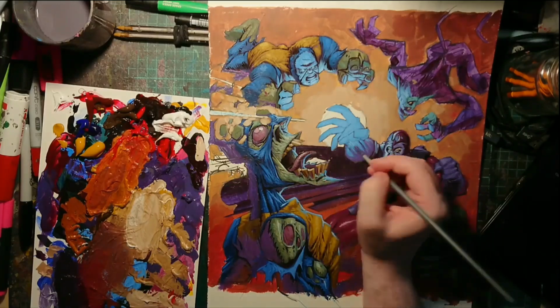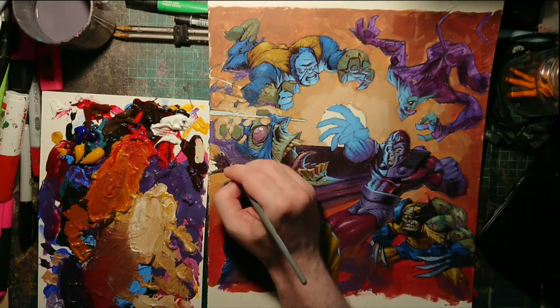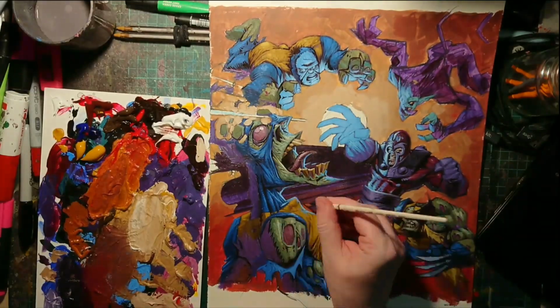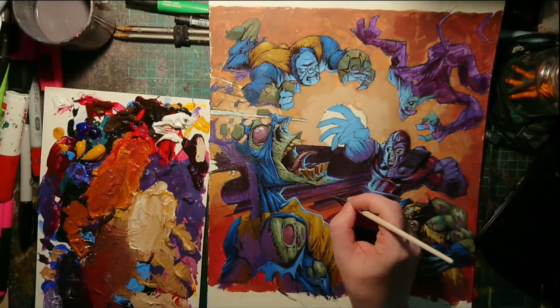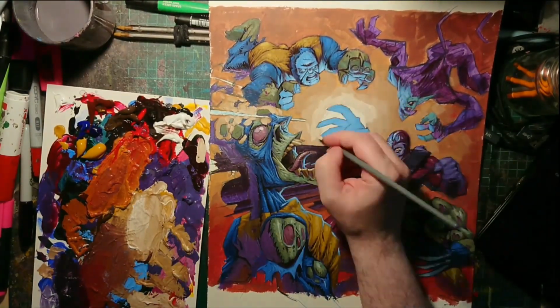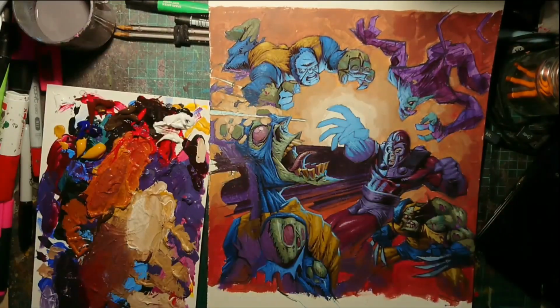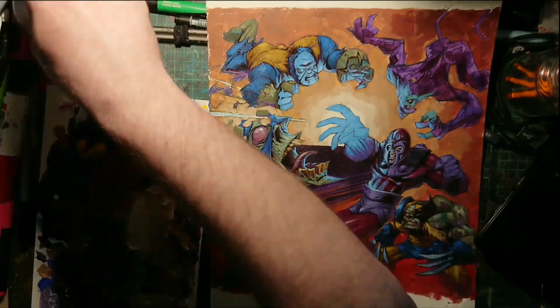I was very careful to use the colours of the background as an underglow on the cape, just to, you know, tie it all together a little bit tighter. And also I tried at least somewhat to use the cape as a directional device for the